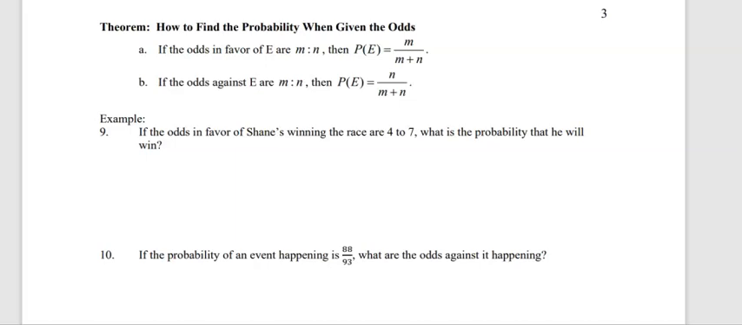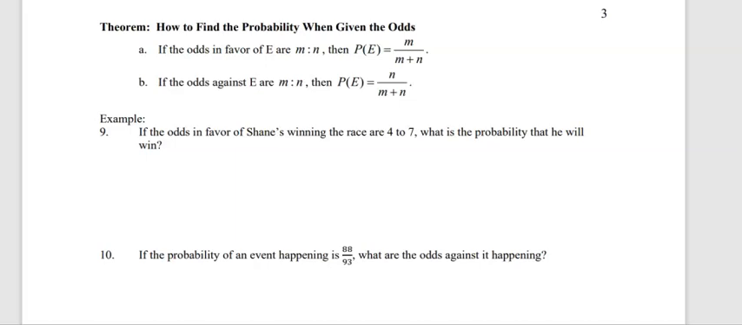That's why you see this theorem here of how to find the probability when given the odds. So when you're given the odds in favor, the first number in the ratio is the favorable outcomes. The second number is the unfavorable outcomes. But you can add the two together to get the total, and that's why to get the probability, it's going to be those favorable outcomes over the total, which is the favorable plus the unfavorable,